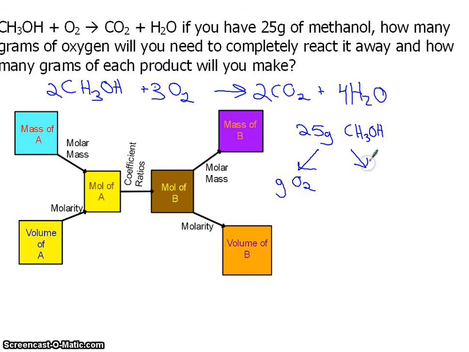It says, how many grams of each product will you produce? So grams CO2, and then grams of H2O. So this is a pretty involved problem because it's asking for 3 different things. Okay? So that's more involved than most problems I'll have to deal with, but it will give us lots of